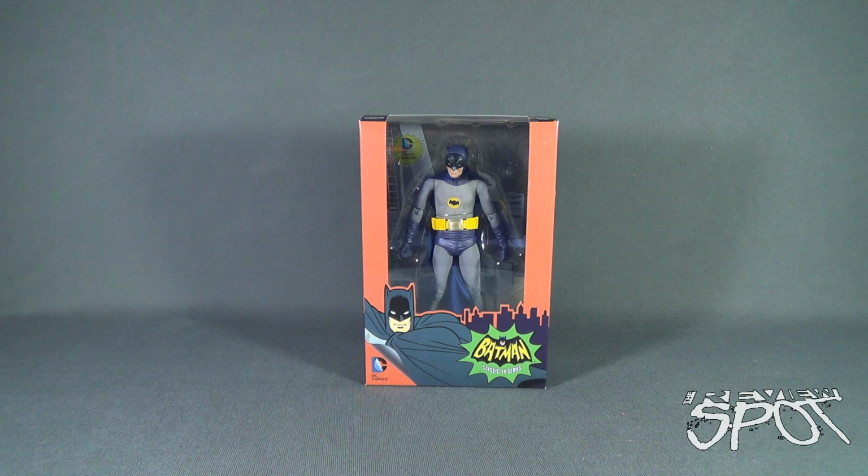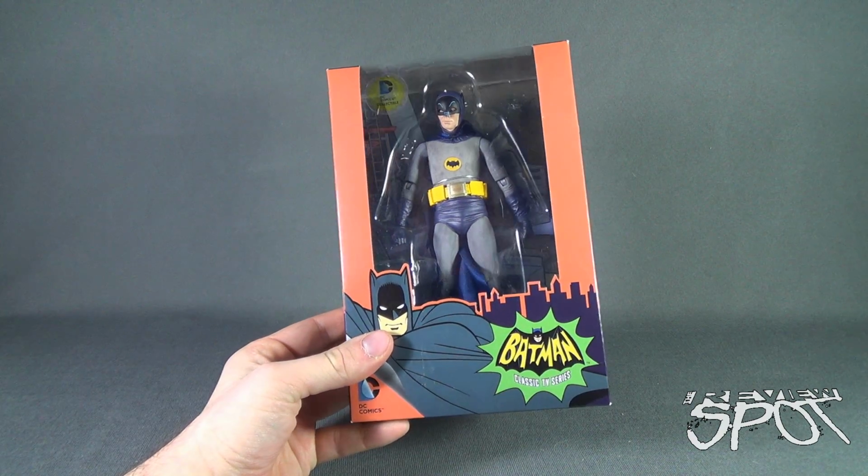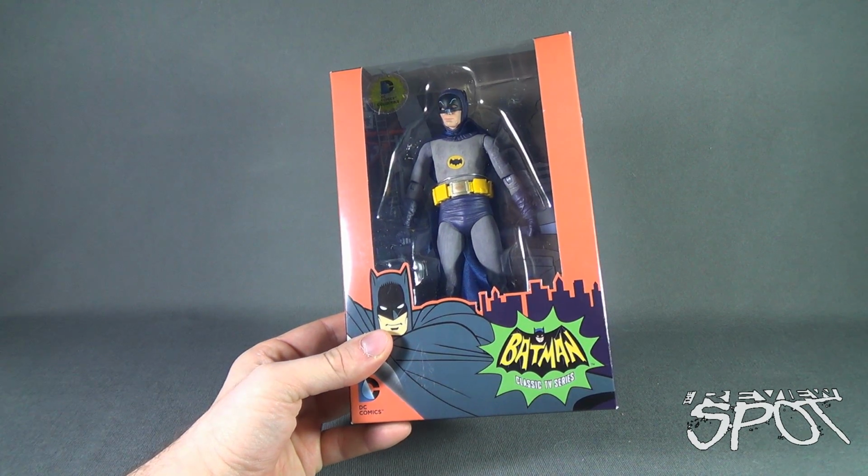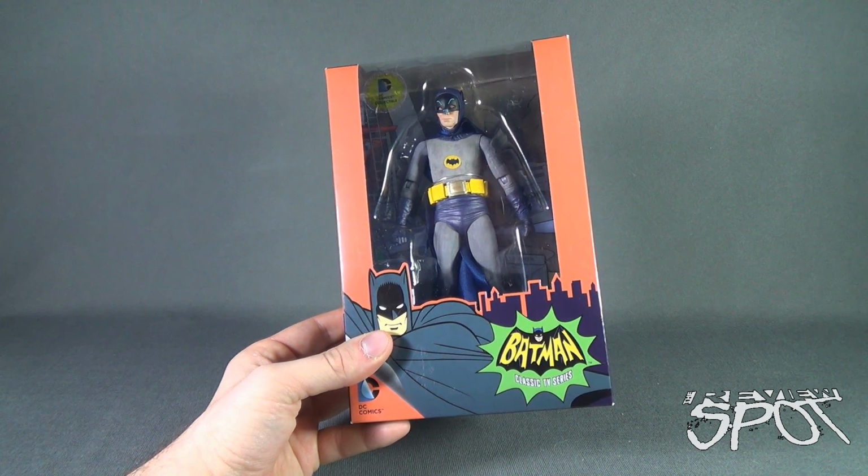Today's Toy Spot, we are having a look at the NECA Toys Batman Classic TV Series Adam West Batman. This is the third figure that Spot was able to get from the folks over at NECA. NECA also produced a Christopher Reeve Superman and a Heath Ledger Joker, both of which we've already had